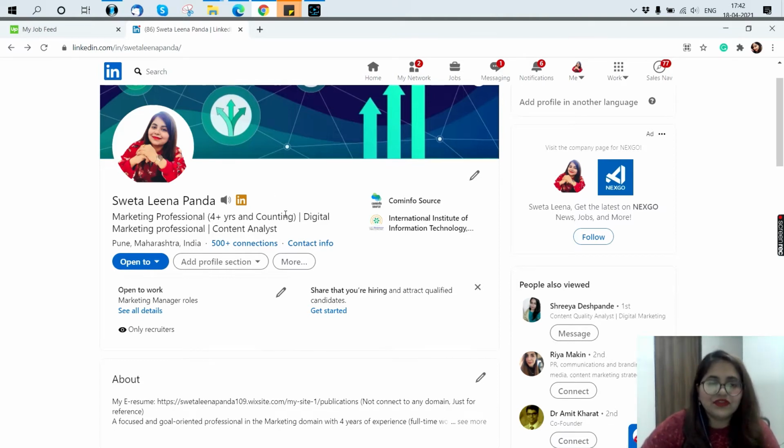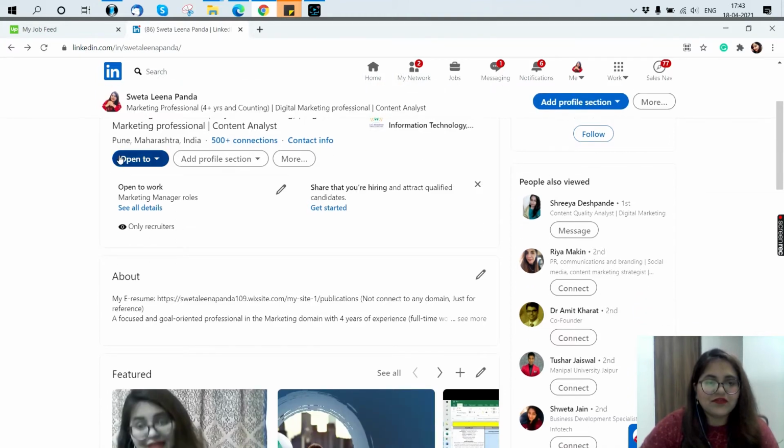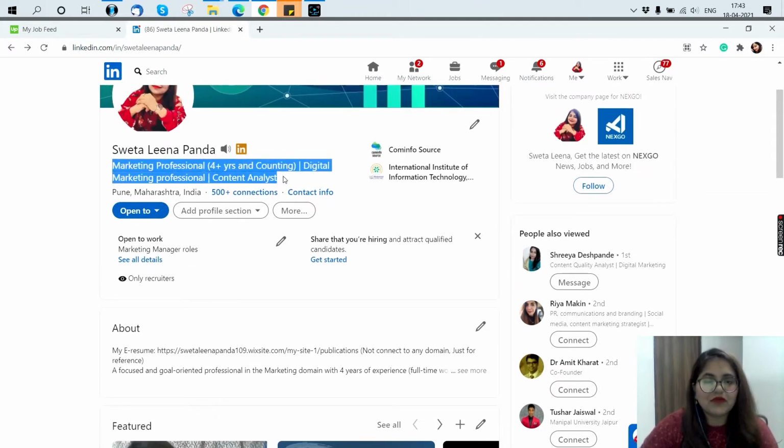Alright, then the next thing is you should write your name very properly as per your career certificate name. So I have written my name as per my certificate, so you can see it over here. And this is the pronunciation I have made for myself, how to pronounce my name. Then the fifth one is this one, which signifies your identity, showcasing what your profession is all about.